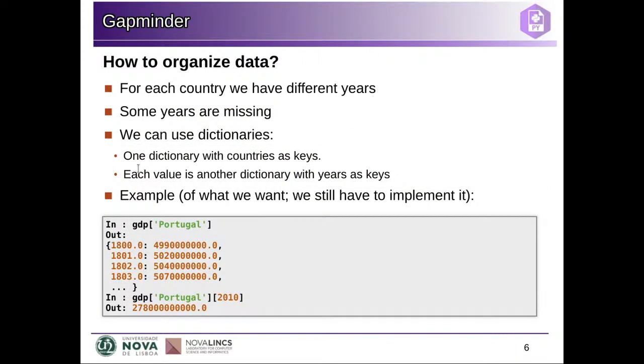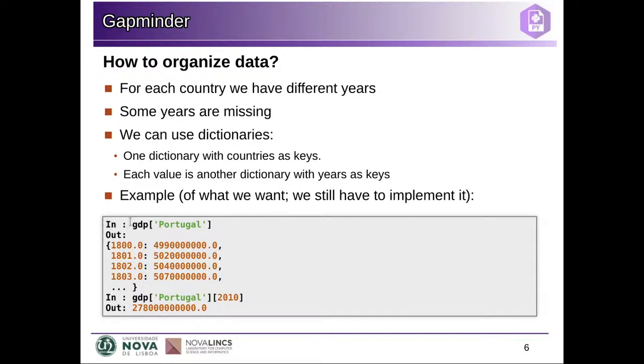So we can have a dictionary that has the year as a key and the value associated as the value in the dictionary. And we can create that dictionary with all the years and associate that dictionary to the country in another dictionary. So basically, we're going to use a dictionary of dictionaries to store this information,